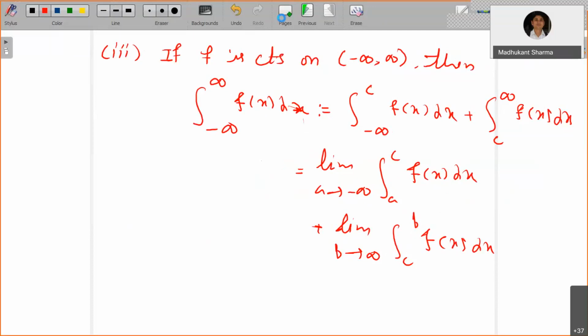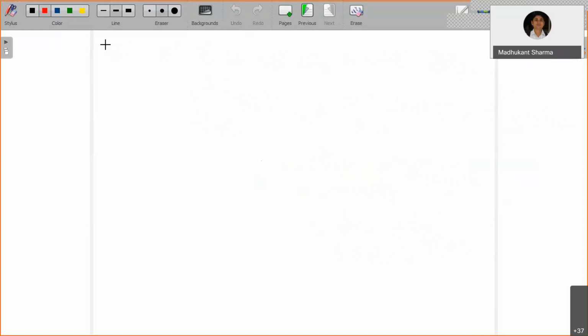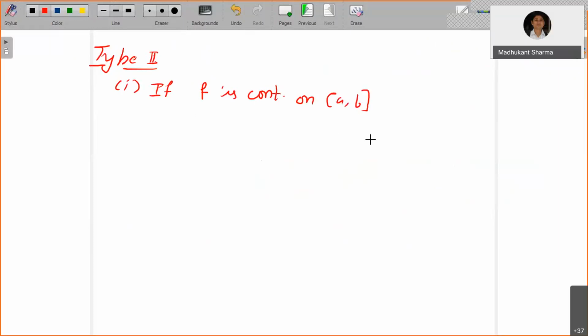Now another type, type 2, is where you are talking about a finite length interval, but at some point the function is not continuous. So type 2 improper integral: if f is continuous on the half-open interval (a, b], and is discontinuous at a, then